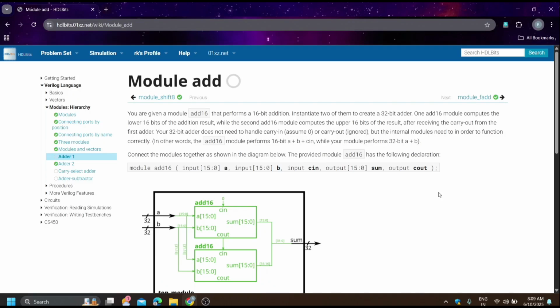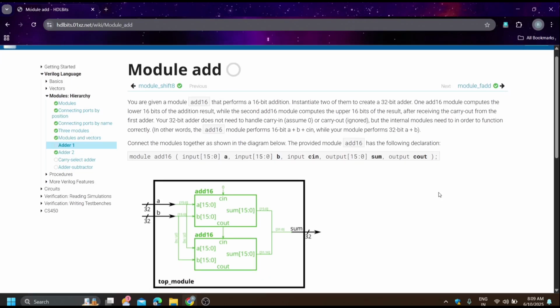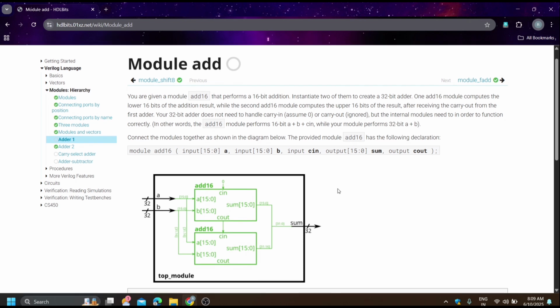Hello everyone, let's solve this question. So this is also a module instantiation based question as given here. In this question we have two inputs which are 32 bits long, and we have two adders and each one can add 16 bits. So what we can do here,